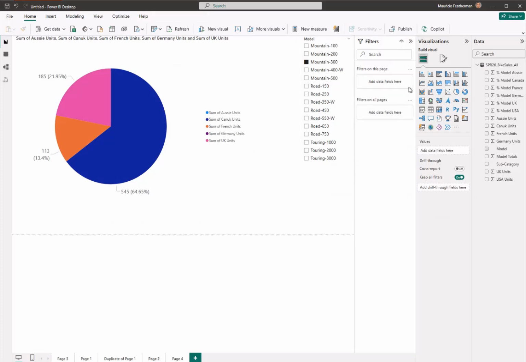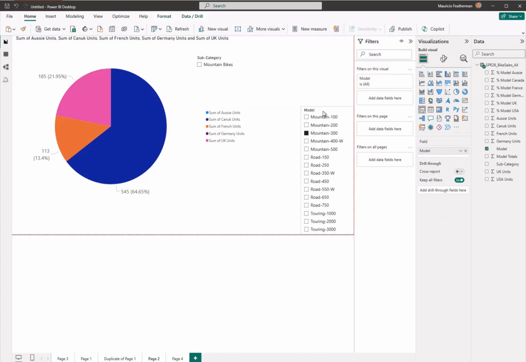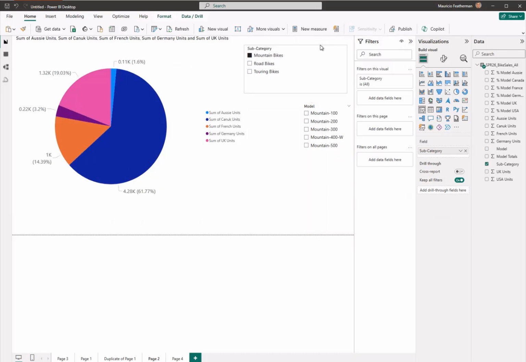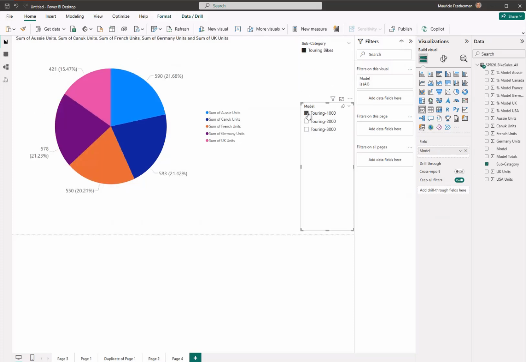And you can have 2 filters, so 2 slicers. So I'll put subcategory over here, and with any luck, this will make sense in just a second. So we'll take that off, pull this over. So that's cool. When you click mountain bike, it shows those models. If you wanted to drill down into one of the models, you could see. And drilling back out, we can go to take a look. Not much difference there between them, but